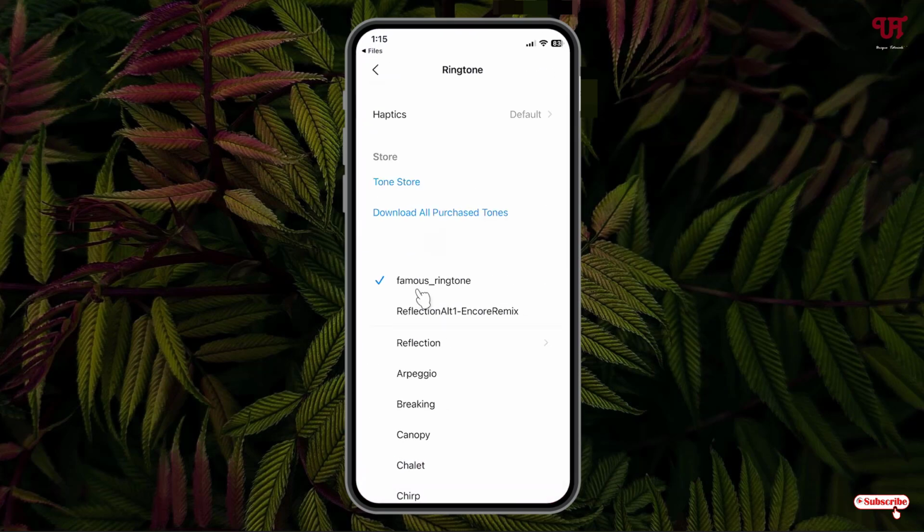Now you can see here the respective music or audio file has been set as my default ringtone. As you can see, directly it has been added, so you can see here. So you can repeat the same process if you want to add a different music or audio file as a ringtone